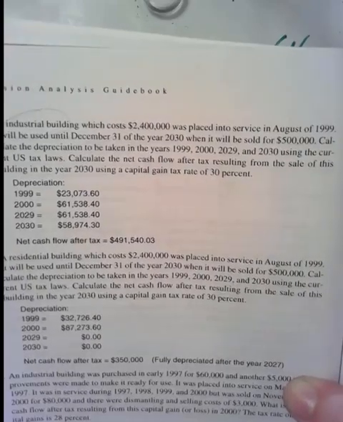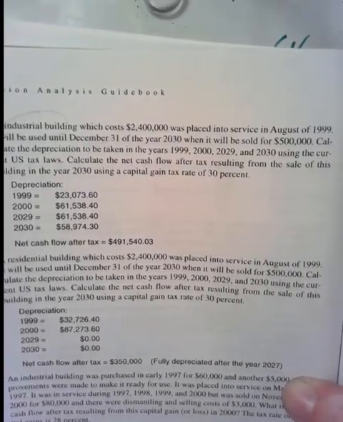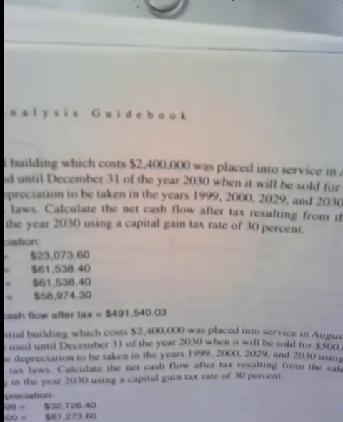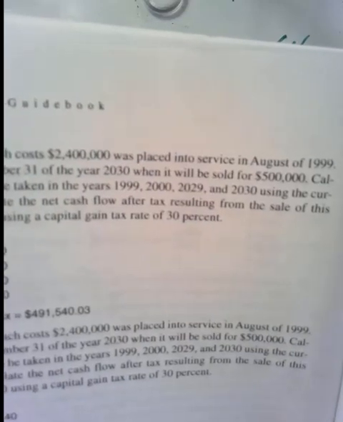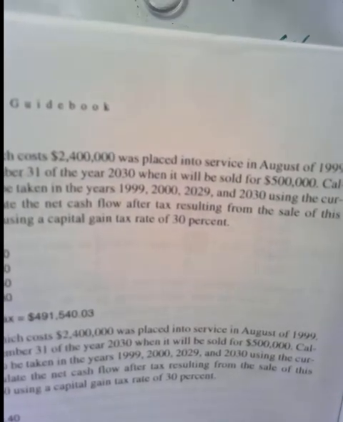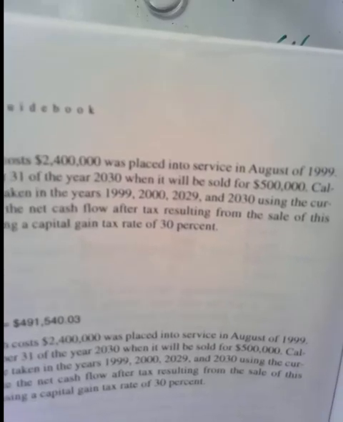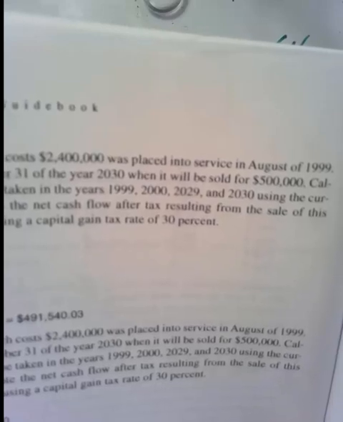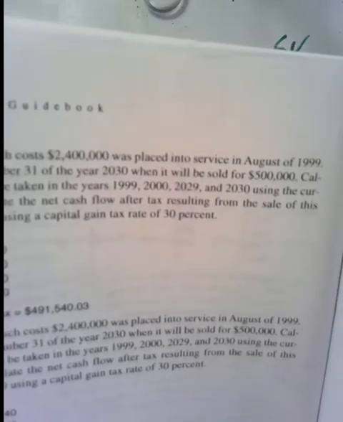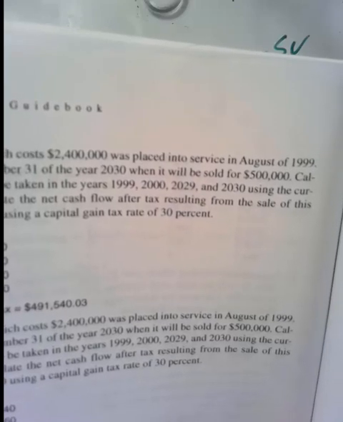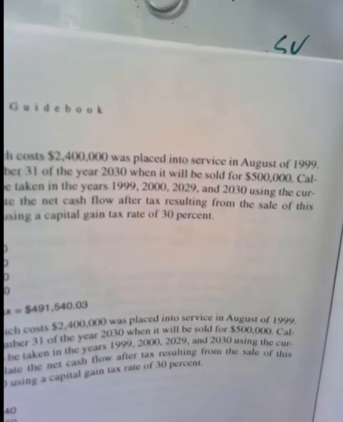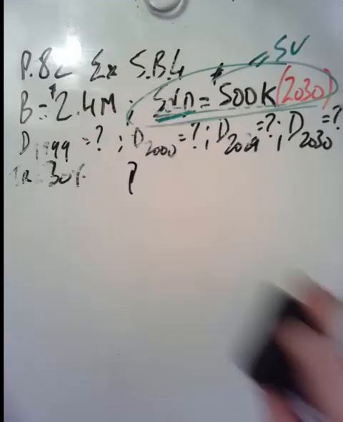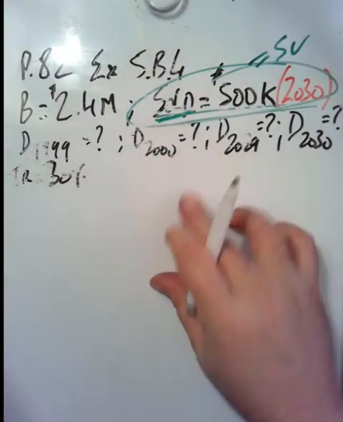And remember, if you have both types of information, meaning let's say here it would say that an industrial building was purchased in January of 1999 for 2.4 million and placed into service in August. Well, the month that we would care about would be August, because we can only start recording depreciation when the asset is actually in use, which does not need to coincide with the moment of purchase. So keep that in mind. So August of 99,